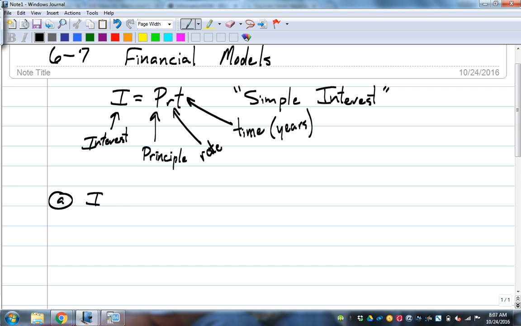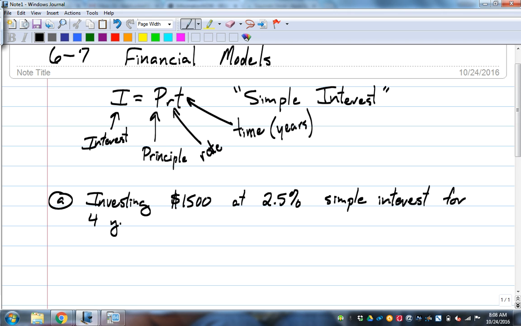What if we're investing $1,500 at 2.5% simple interest? And when you're reading these problems, you want to make sure you pay attention to that. Simple interest. We'll talk about something in a second. Compound interest, and then continuous interest. Three different formulas to go with there. Simple interest for